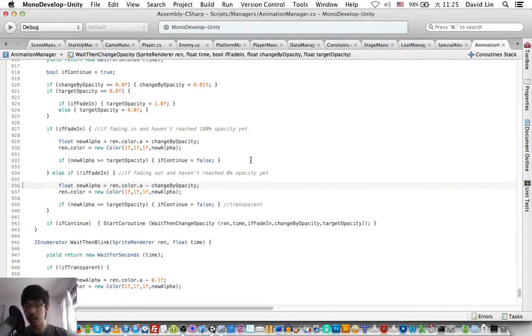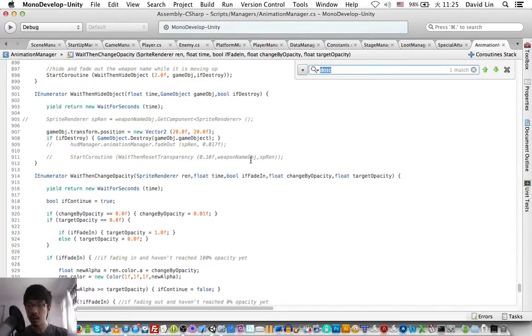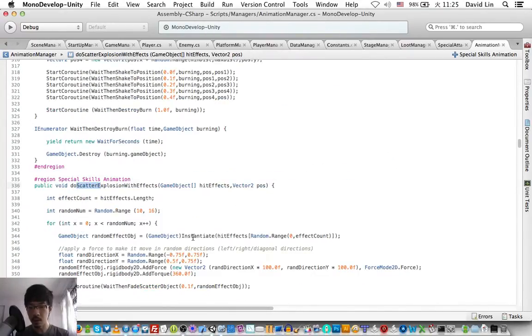So let's change that. Scatter explosion.